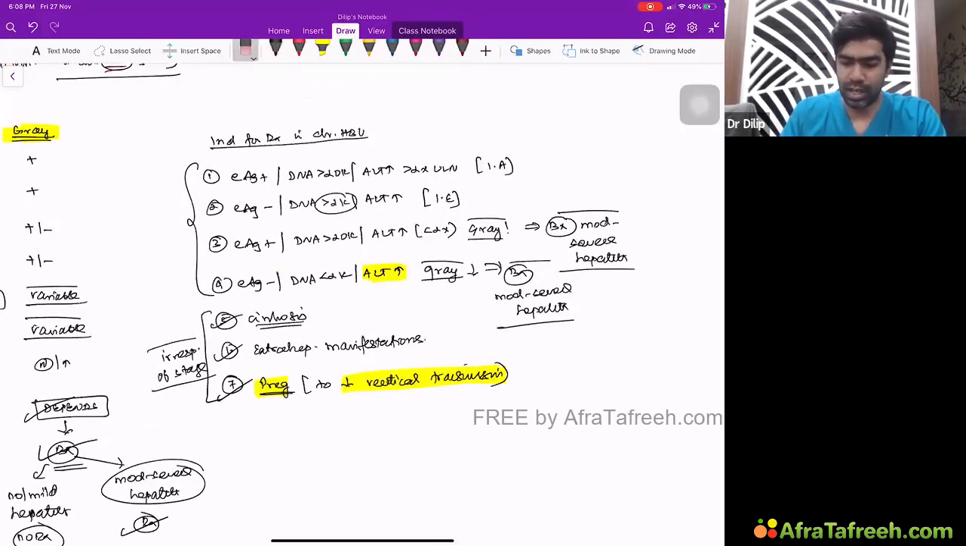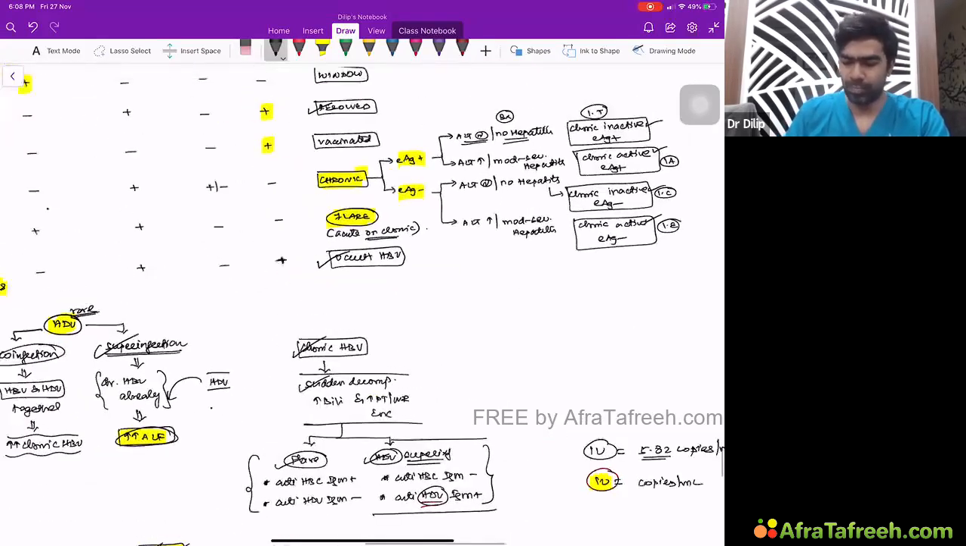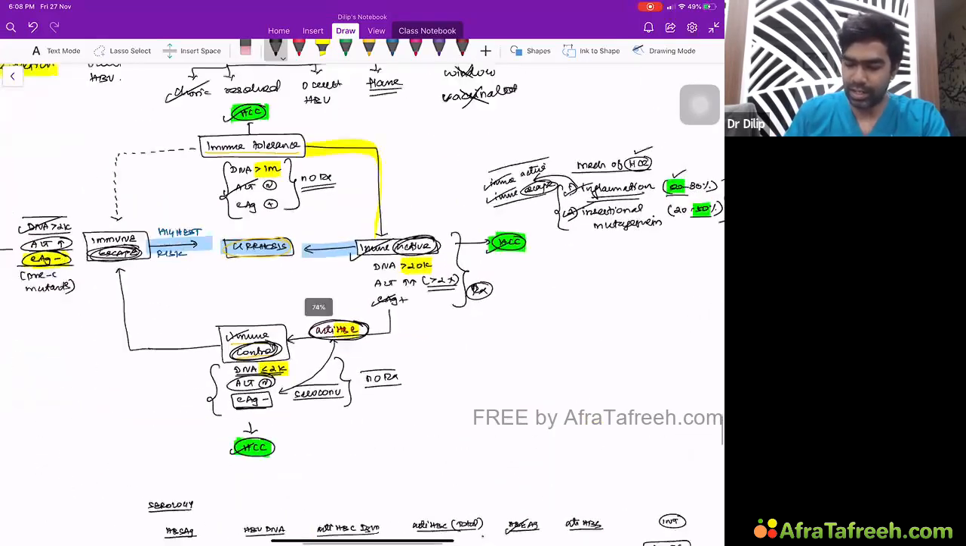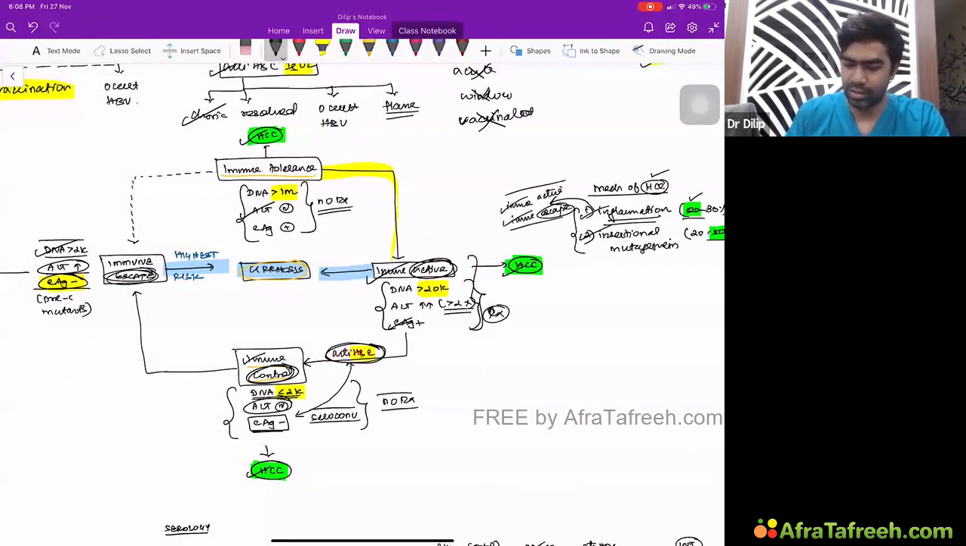So I can rub this off because this is something not should be written here. So as I told you previously, if it's a clear-cut indication, if you have a clear-cut immune active phase or immune control, immune escape phase, you have to treat. But if there is any gray area, then you take a biopsy and decide on the treatment. So that's one thing you need to know. And apart from that,